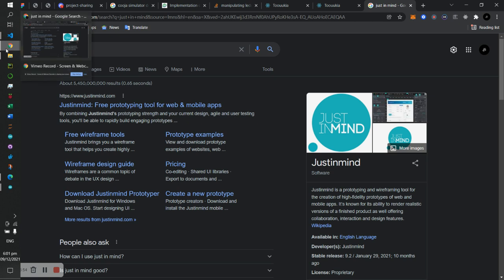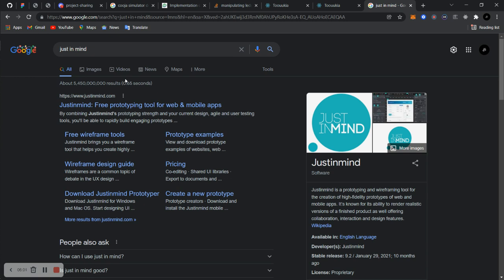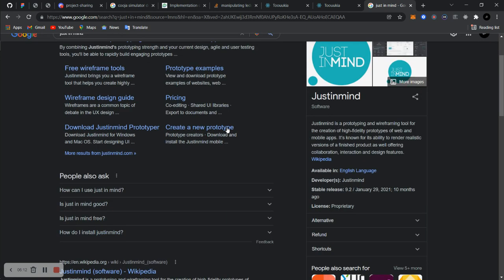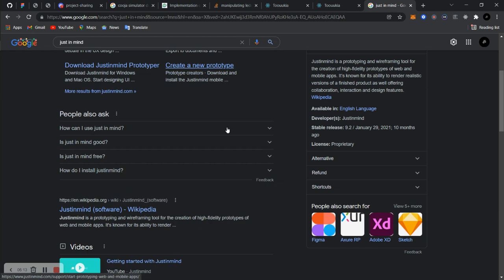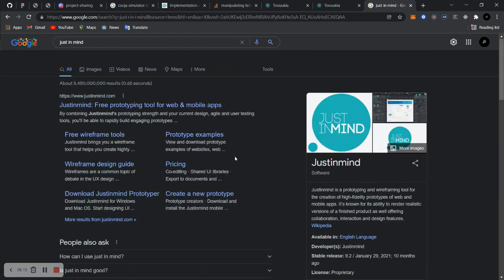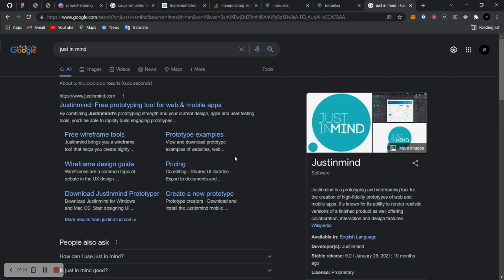So that's it for the prototyping stage. I would like to show you the prototyping stage, but I can't show you in this video how prototyping works. The next video will be on prototyping, so you can know how prototyping feels. But you can simply download Just in Mind on your computer and get things going. Just in Mind also has a mobile application. Once you go on Play Store, you install Just in Mind on your phone, and you can test out your prototype on your phone and know how your app or website works on your phone, which is really cool.